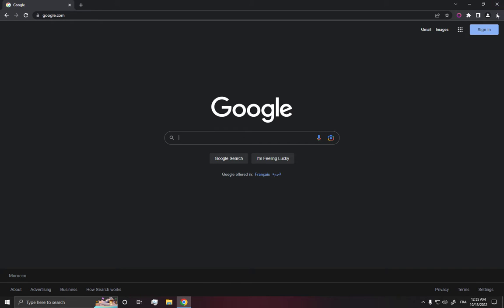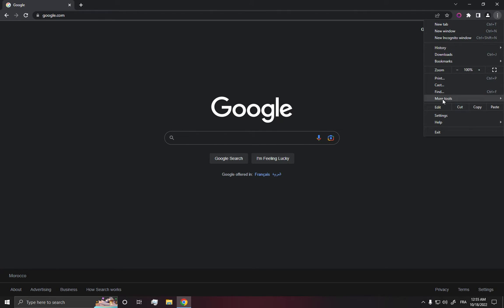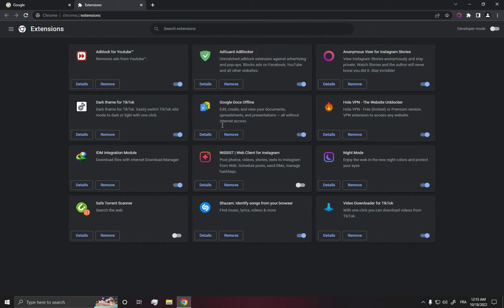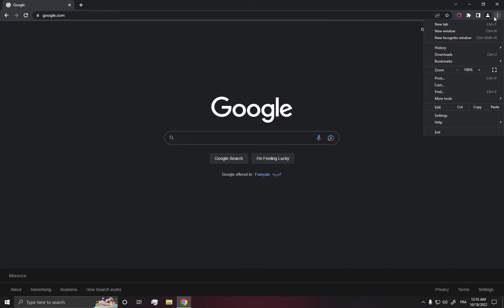Go to the top corner, you will find 3 dots right here, and then scroll all the way down until you find this more tools option, and then click on extensions, and after that make sure to remove all the extensions that you don't need, and after that go back and click again here on those 3 dots, and then